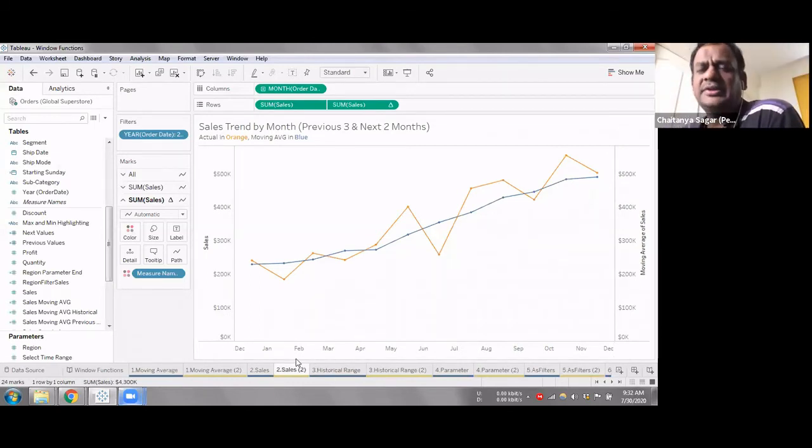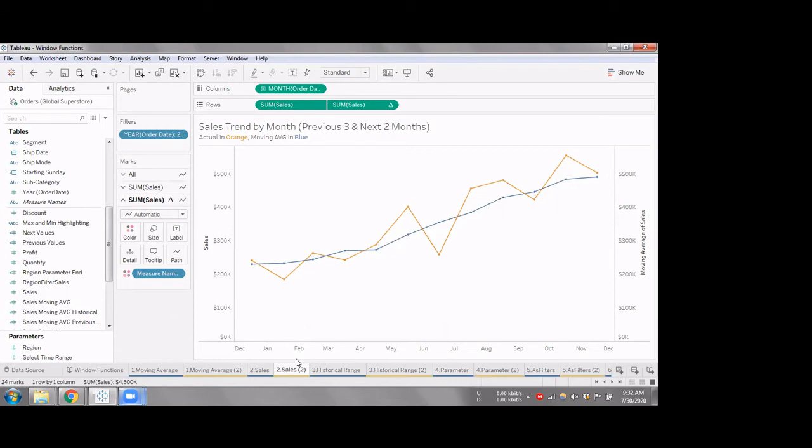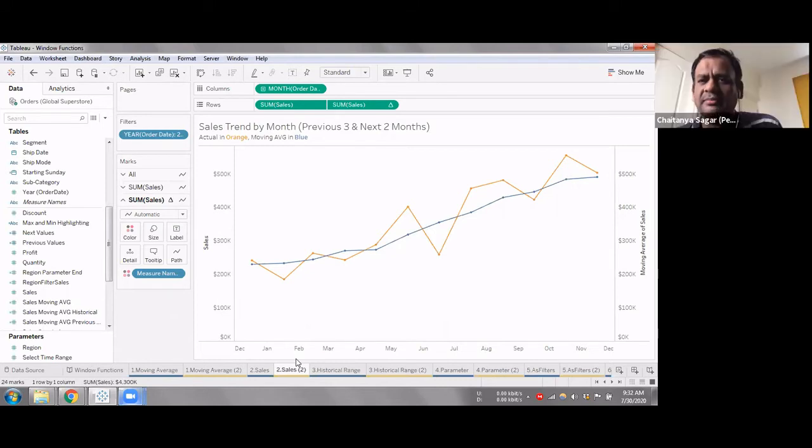So the question was, basically, I was just trying to think of the use case you had in mind when you would have a moving average for the last 3 months and the next 2 months. Typically, it's trailing, right? So I'm just trying to understand. Any use case that you had in mind when you said last 3 months and the next 2 months?